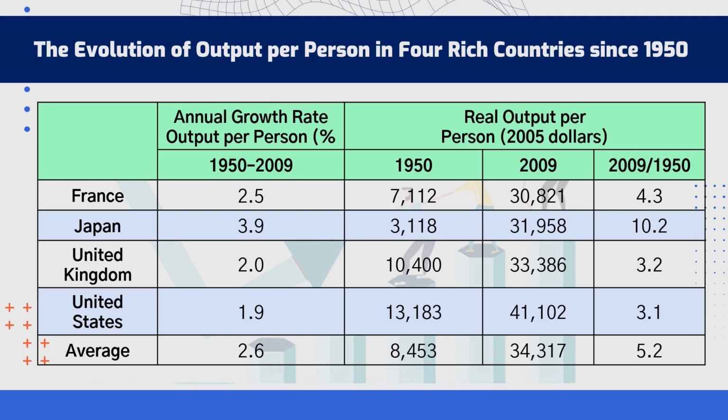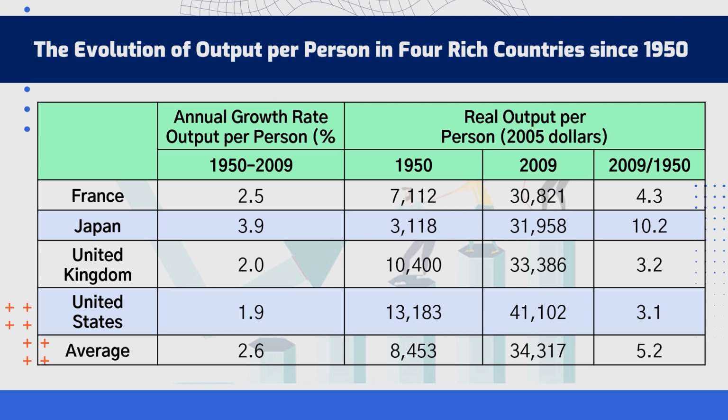Also, this slide provides data on output per person at two points in time, 1950 and 2009, and then calculates the overall growth between these years. These not only reflect the changes in productivity but also highlight improvements in living standards. For example, Japan's output per person increased dramatically, underscoring how industrial policy, technological innovation, and capital accumulation can rapidly boost